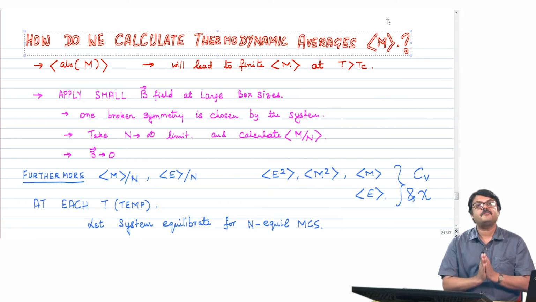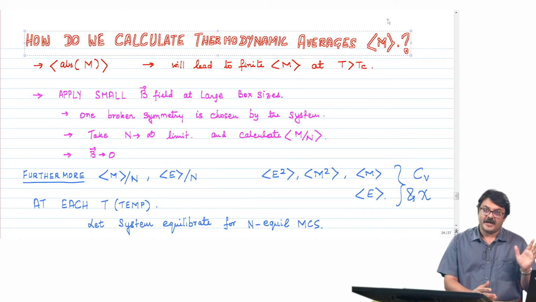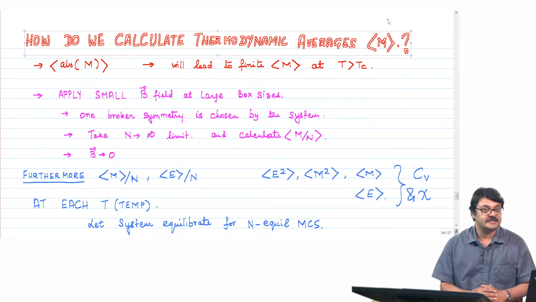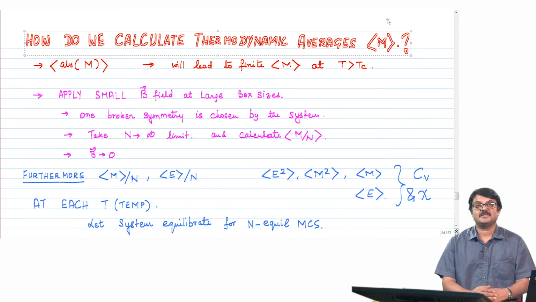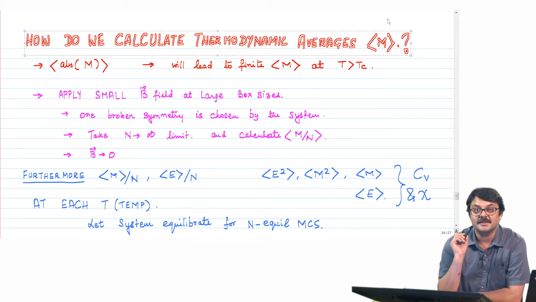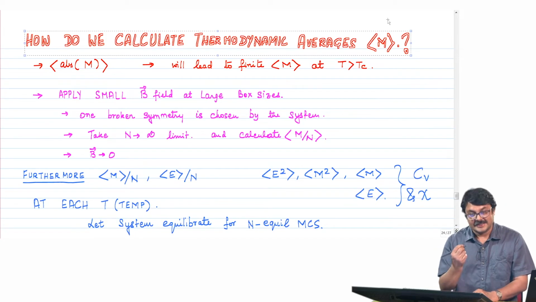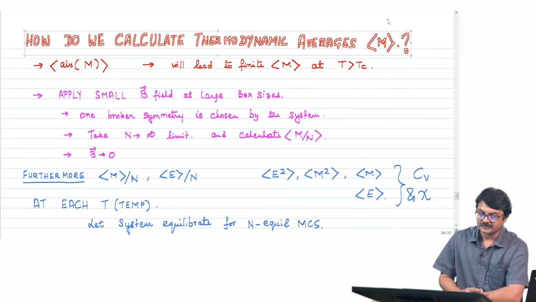However, if we calculate the average magnetization naively, averaging over the Monte Carlo steps, there is a high probability that you will get 0 magnetization, whereas actually the system is magnetized. How do we overcome this problem? We should not simply start calculating average thermodynamic quantities without understanding these subtleties, because doing it naively and by brute force will give you wrong results.